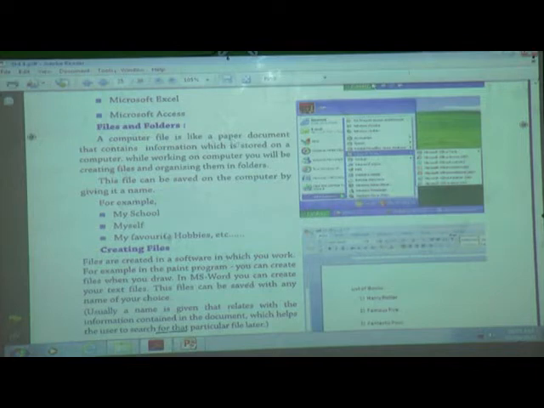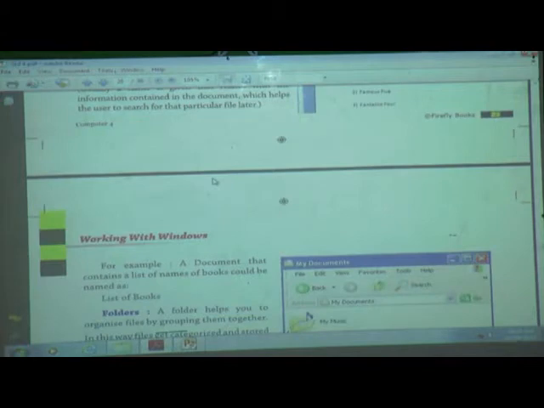And in one folder we can store more than one file. A file is like a paper document that contains information which is stored on the computer. And we studied how to create a file and how to keep it in a folder.